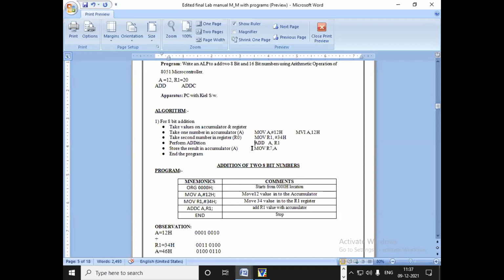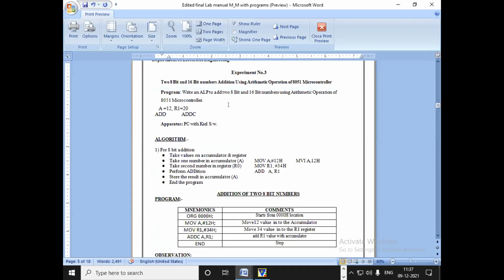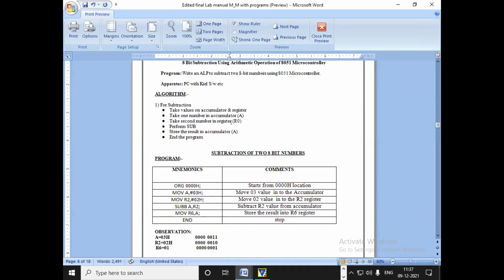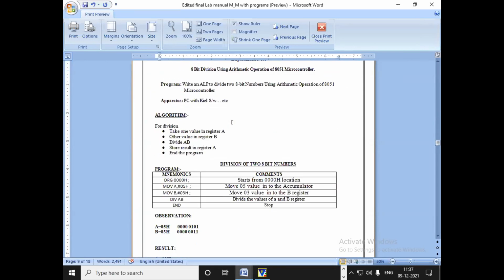So please read the program carefully. There is addition of 2 numbers, but the last line says you have to move the addition into the register R7. Okay. So this is the program and you have to run the program in your KEIL software. समजलं कसं प्रोग्राम करायचा? बघा program, first you have to read the program and then go to the next. Just go to the next program, then what we are thinking is done, then we'll go to how to run the program. It's very easy to run the program. Subtraction and addition are the same program.